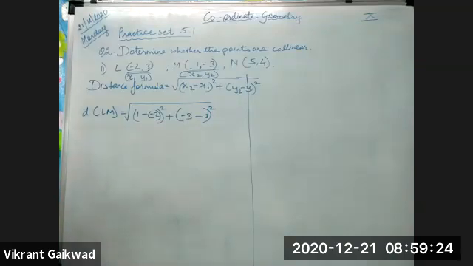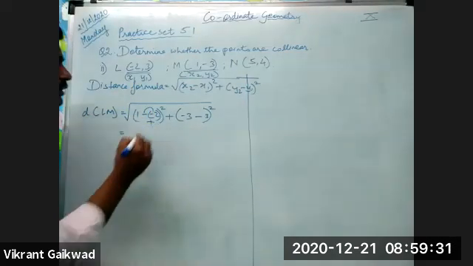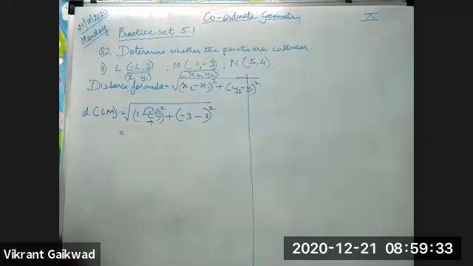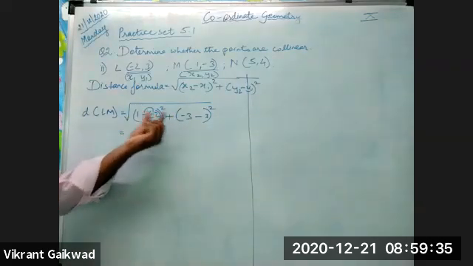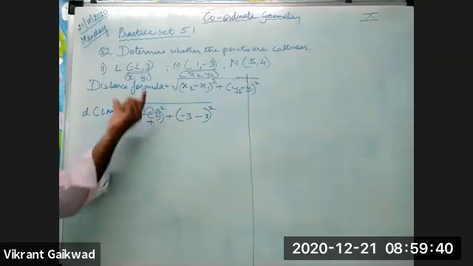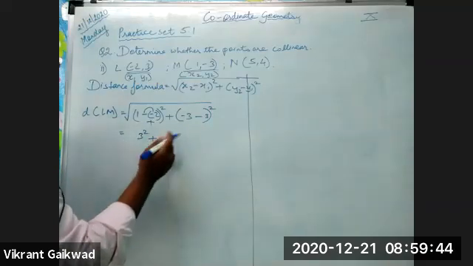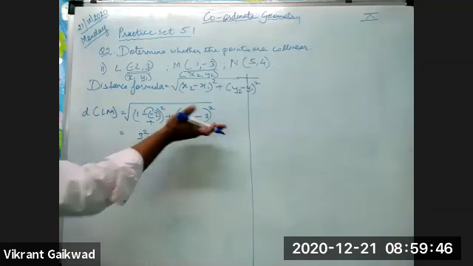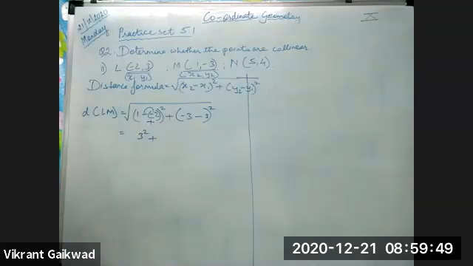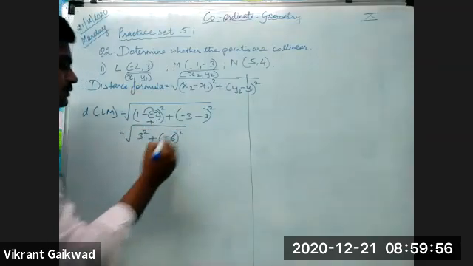Now you'll just solve the brackets and remove the squares. Now minus and minus is going to become plus. So here you will get 1 plus 2. Sorry, 1 plus 2. 1 plus 2 is 3. So 3 square plus, now minus 3 minus 3. Now when both the terms are negative, you add and you put the negative sign. So plus minus 6 square. Under root sign will come as it is.